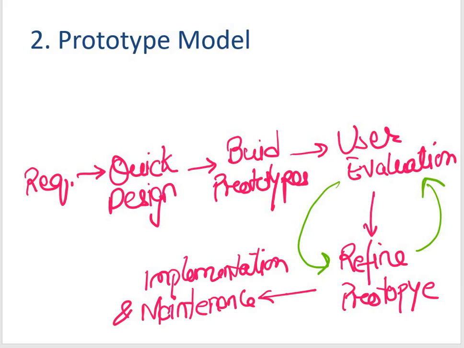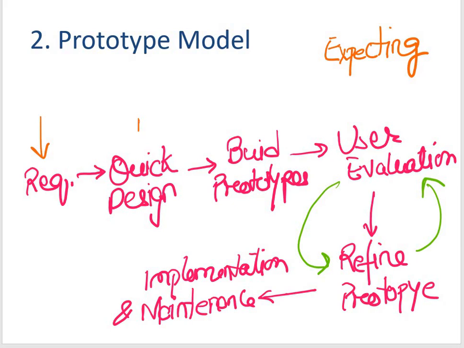In case of requirements gathering and analysis, your prototype model will be starting with this particular phase, and the requirements of the system are defined in detail. And during this process, the user of the system will be interviewed in order to know what basically the user is expecting from this particular system.